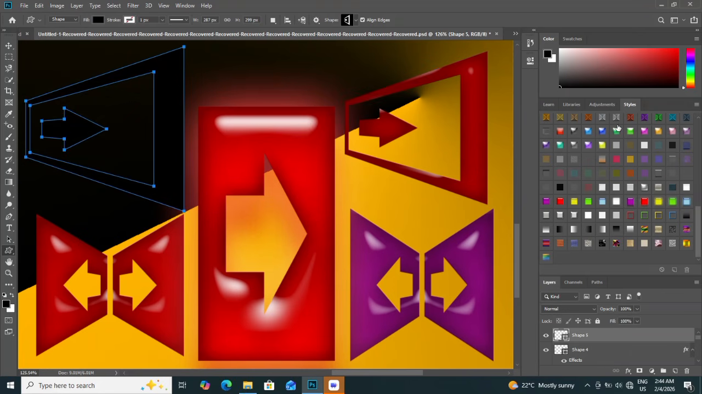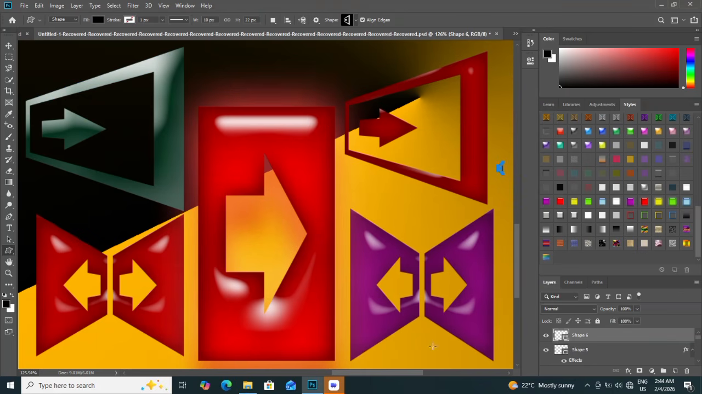Non-destructive masking allows easy adjustments later, so use this workflow regularly to